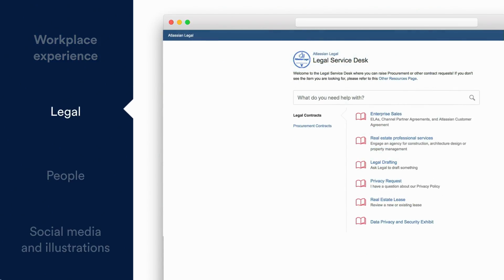Legal also uses Service Desk very heavily. So this is our legal service desk. Since they're lawyers, they don't really know how to